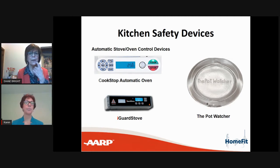So one of the things I would recommend, too, when looking at these: a lot of people are taking care of their grandchildren in their home, and with some of these devices, and there's, like I said, other ones, especially with smart kitchen devices, you can shut the stove off. No one can turn it on. With knobs now being at the front, which is better than reaching across the stove to turn on the burner for your pots and pans, they're right at eye height for a little toddler, so it allows you to lock all that down,